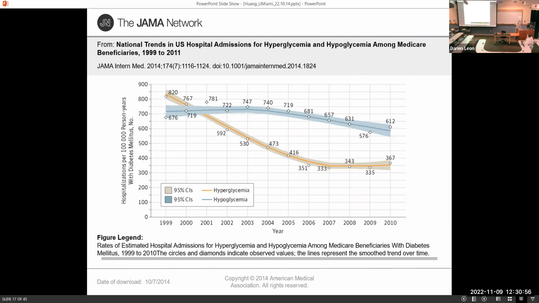In this case, this paper was very powerful because it showed that acute hypoglycemia hospitalizations around 2000 became more common than hospitalizations for acute hyperglycemia. Basically, the side effect complication of diabetes became more prominent than the actual thing we originally tried to prevent. Now, these curves are shifting and changing over time, and there are some newer studies extending this data out over the last decade. But again, this brings home the point that hypoglycemia is particularly important for the Medicare population, more so than DKA or acute hyperglycemia.